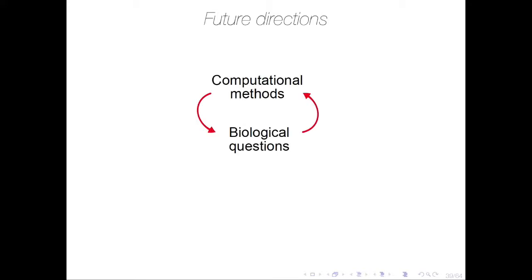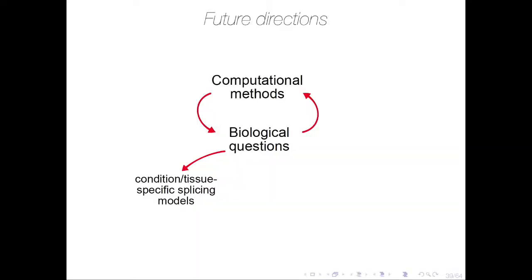So to wrap up, I wanted to talk a little bit about future directions. I'm interested in having a lab that both develops computational methods that are able to address important questions in both genomics and genetics, and also in having biological questions drive new computational research. While I'm excited about having these biological questions come from collaborators, there are specific questions that I'm interested in addressing in the realm of RNA splicing.